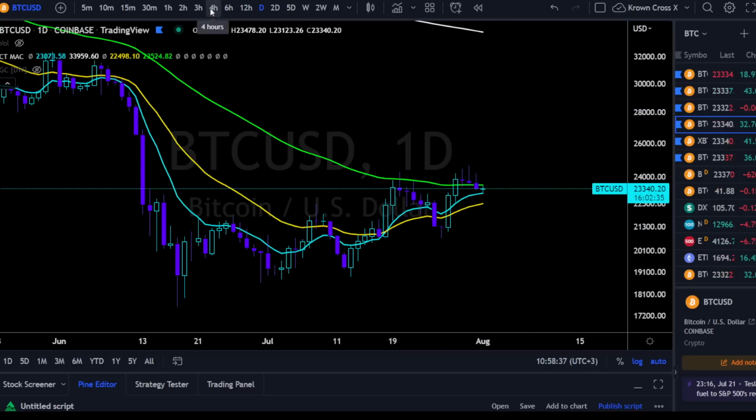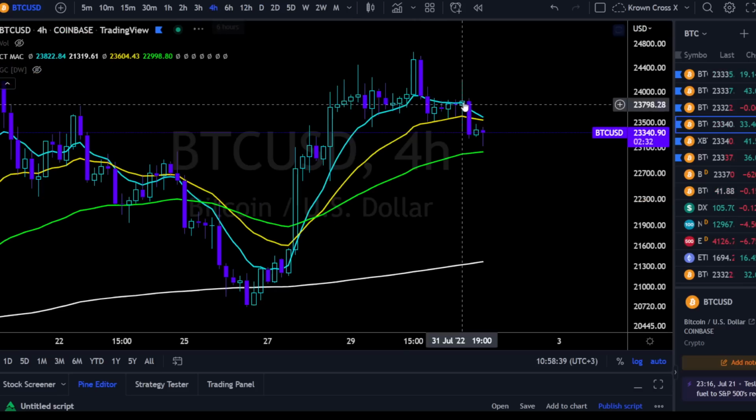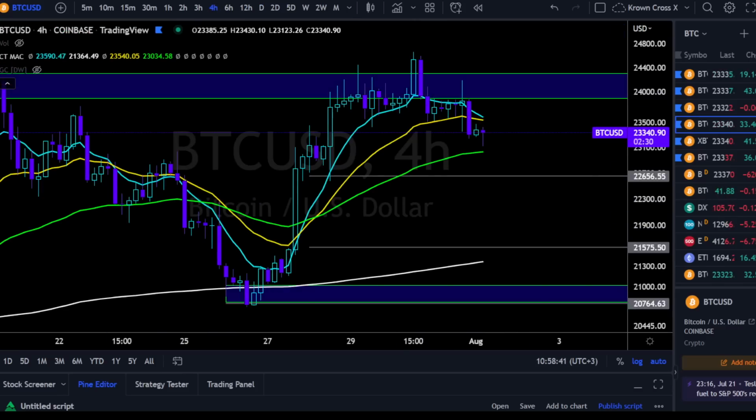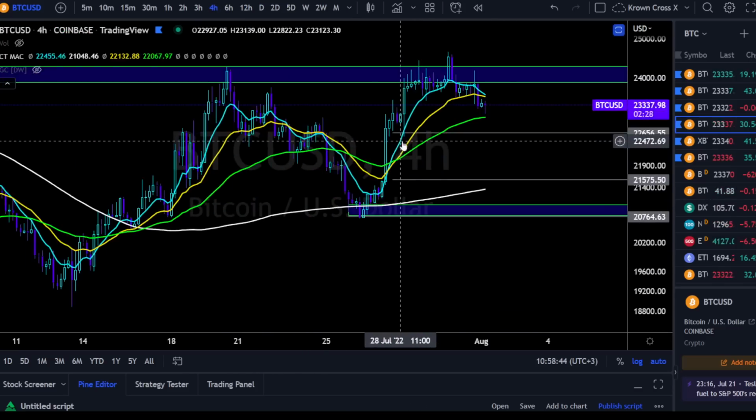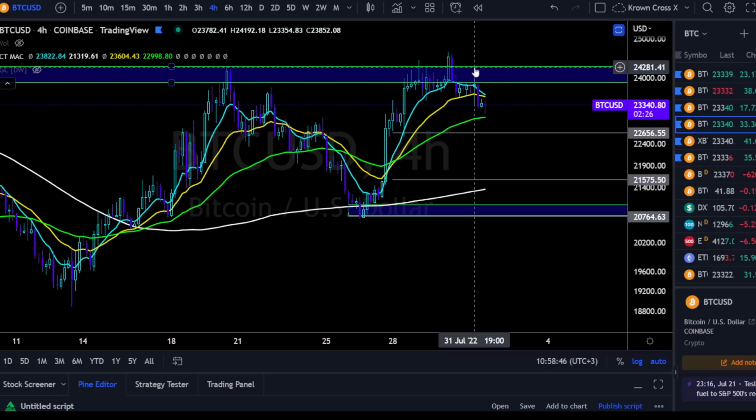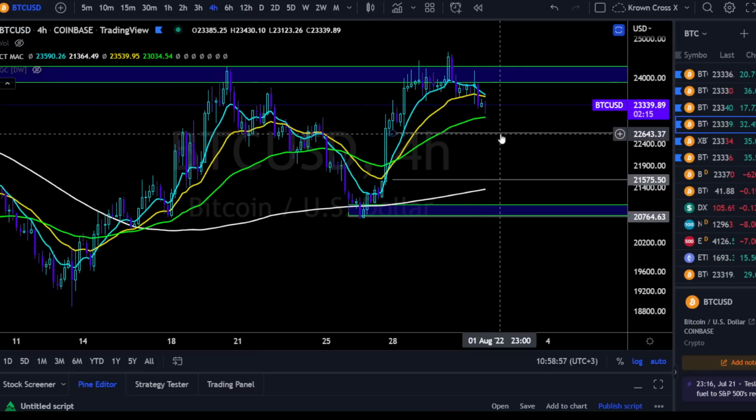So ultimately, wrapping up this talk right here, there's going to be bounces along the way on the short-term timeframes, but as long as Bitcoin's not closing medium or higher term timeframes above that 24.3 pivot, I am looking for this one to play out some of those divergences and trade at the downside. And then the real question is, does Bitcoin put in a higher low? Does it try for a higher low at 22.6?